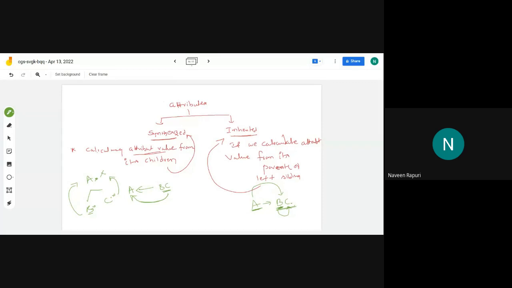Suppose we calculate any attribute from its parent or from its left sibling,